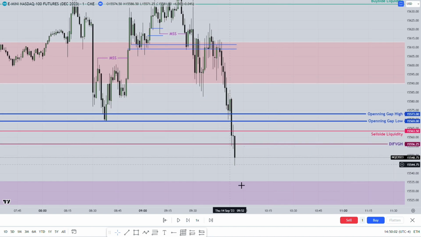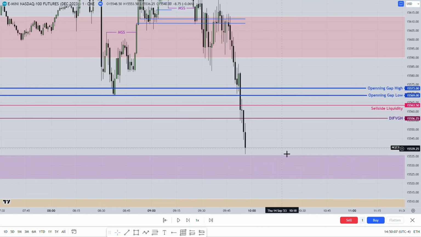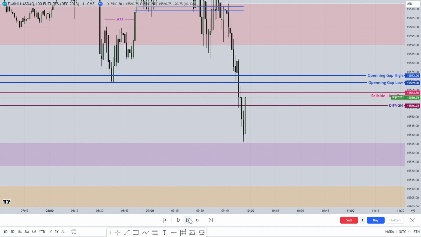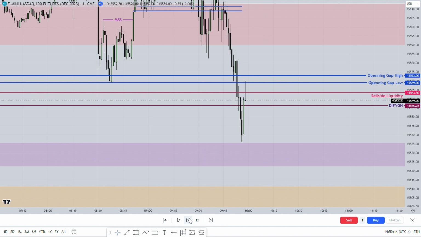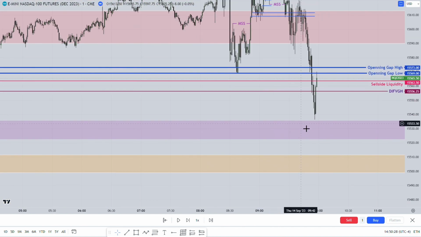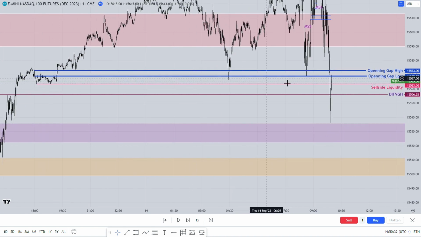It's cleaning all over this place. I am not interested to take any short, because I don't know if it will reverse or go lower. It would like to go lower, so I am just waiting. When I have seen that it has just traded this opening gap, it has respected this before, and now it has come to this gap, I can assume that price can go lower. How do I know? When it has cleaned all of this liquidity,